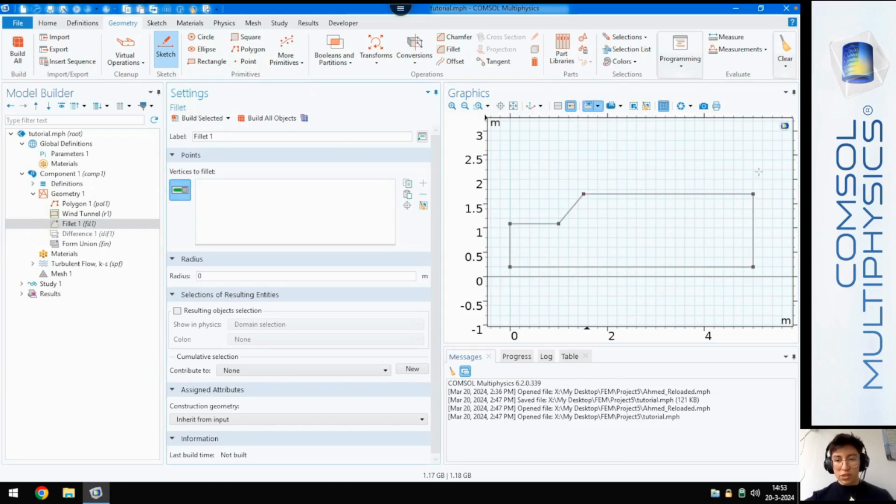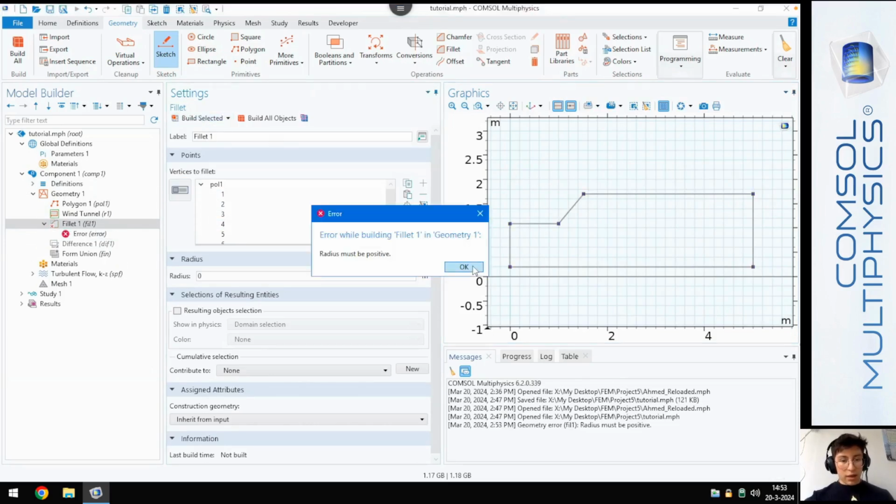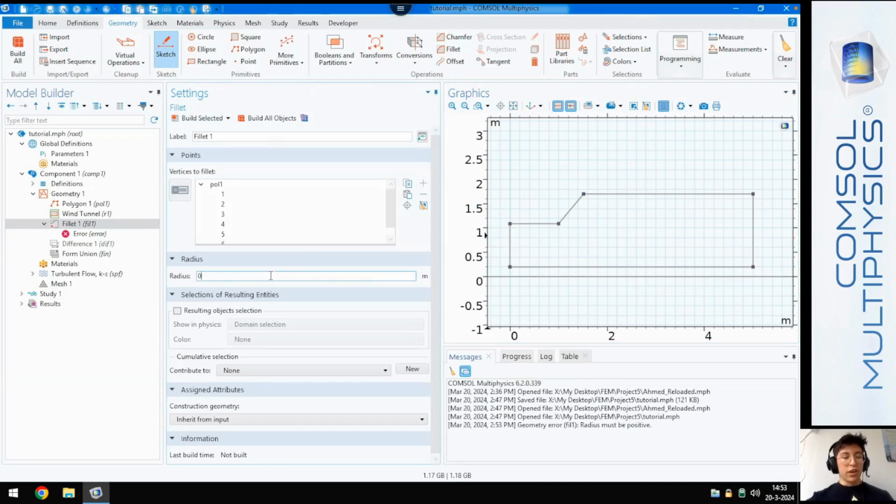So let's do that again. Let's select all the vertices. There you go, the vertices have been selected. Now you can build all the selected, and oh yeah, sorry, I need to set your radius for the fillet. In the manual it said that it has a maximum radius of 0.01 meters, which is what we're going to use. And now you can build the selected, and you won't be able to see a difference,